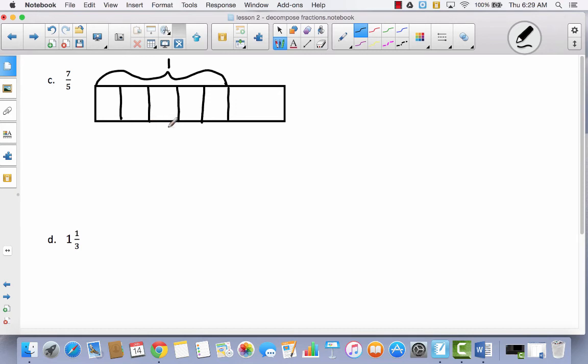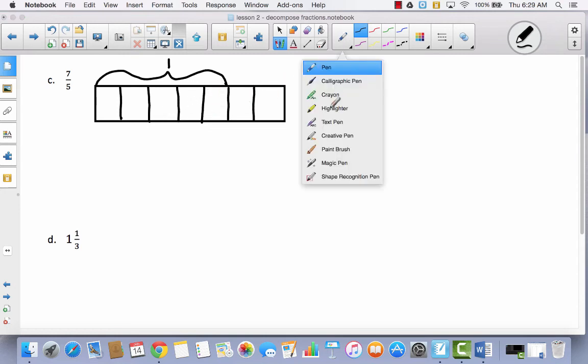So now I've divided my whole into 5 parts, and I have to make 2 more out of this. So I should have a total of 7. 1, 2, 3, 4, 5, 6, 7. Now I'm going to shade